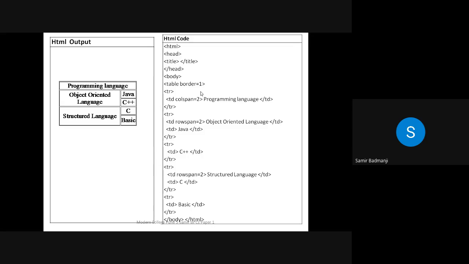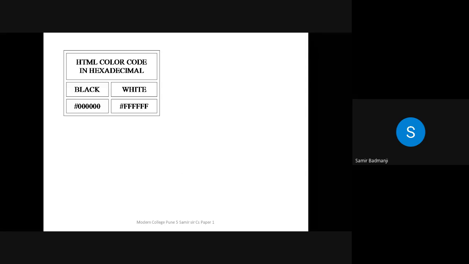So usually such type of questions are asked in question number 5 for 5 marks. In one question it will be asked for combination of OL and UL, and in one question number 5, which is OR, a table tag will be there. So sometimes what happens, they give you the output and you will have to write the code. Sometimes the code is given in the question paper and you will have to draw this output. Okay. Now we'll just see a few more examples of this, which were asked in the board exam.